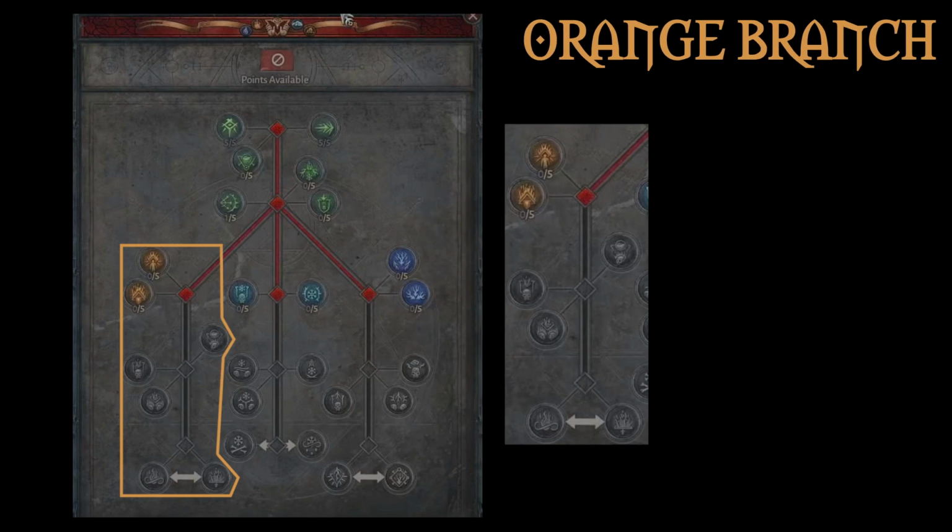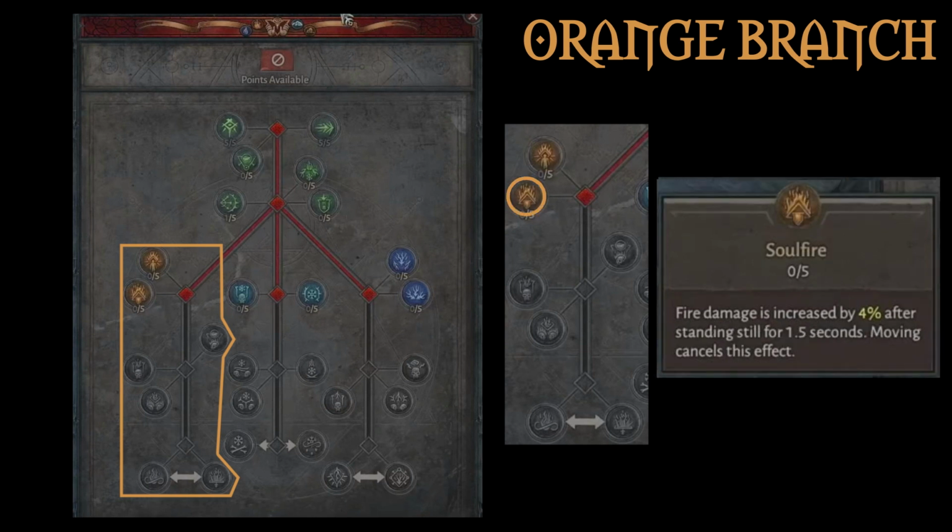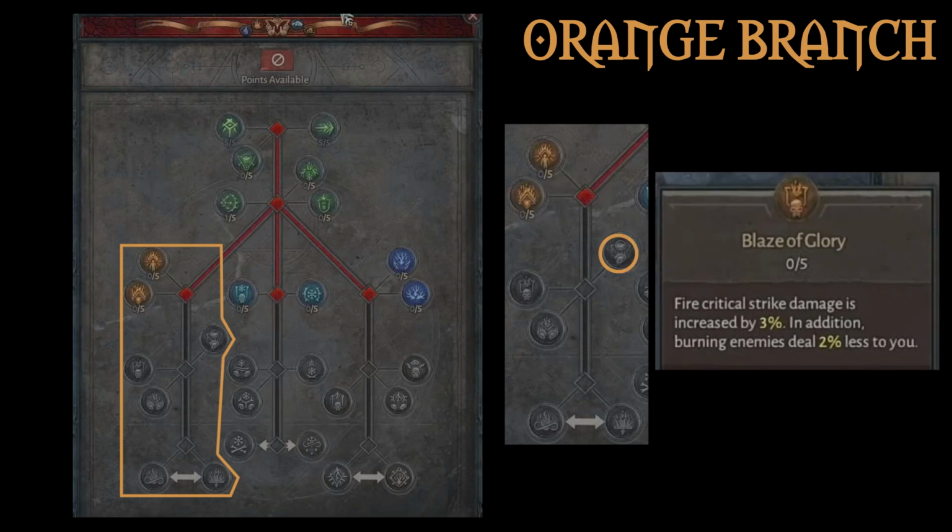From here, we're going to pop over to the orange tree, focusing on fire skills, which include things like Char to Ash, which increases fire damage over time. This effect resets when you take damage. Soulfire, which increases damage after standing still for a certain amount of time. Moving resets this effect. Blaze of Glory, which increases your fire ability's critical strike damage and causes burning enemies to